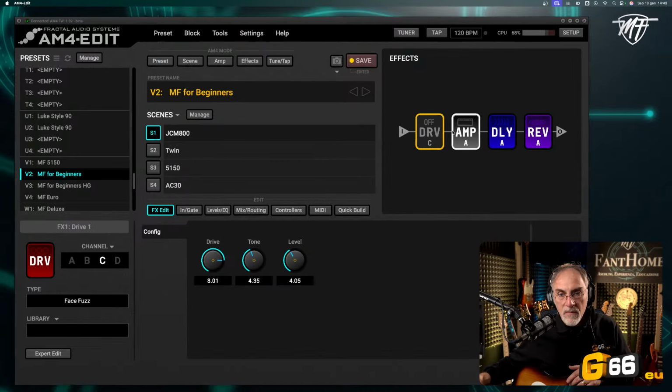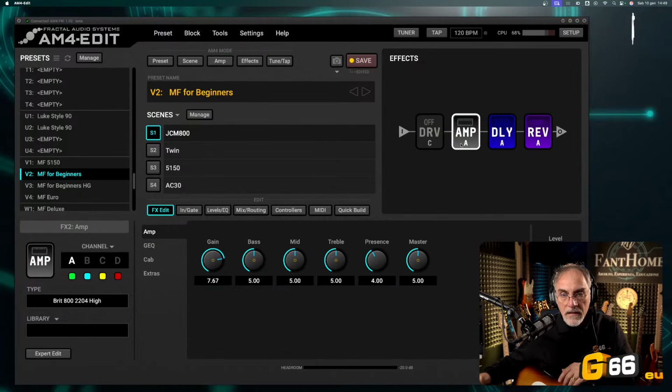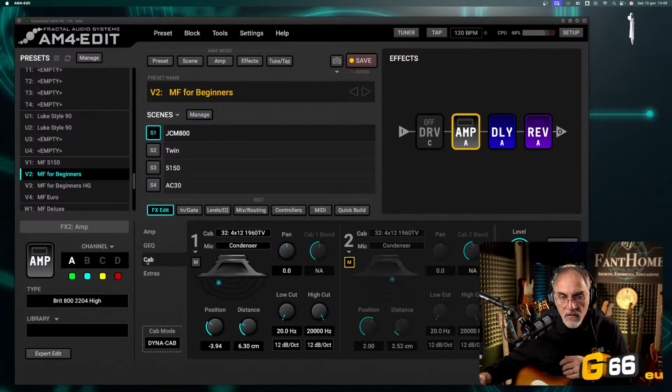So let's start from the first preset. The preset is made by 4 blocks, also in the FM3 and FM9 version. The amp block uses the Brit 800 2204i. It is a JCM 800 2204 model with the cabinet, so you can also check which cabinet. It is the default cabinet.